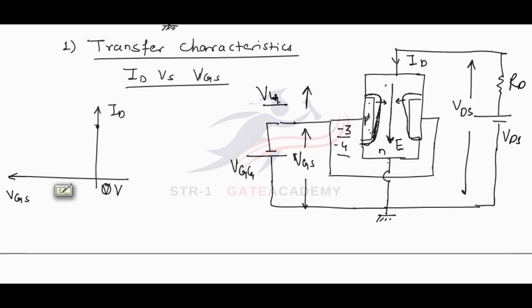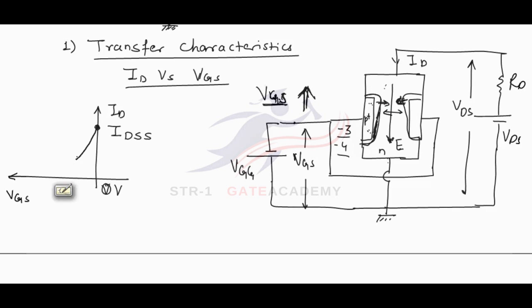the width of the channel will be maximum and the drain current ID will be maximum, that is IDSS. Now if we go on increasing this gate to source voltage VGS, the reverse biasing between gate and source increases, and with increase in reverse biasing, the depletion layer penetrates more into the channel. If the channel width decreases, the current through the device decreases,